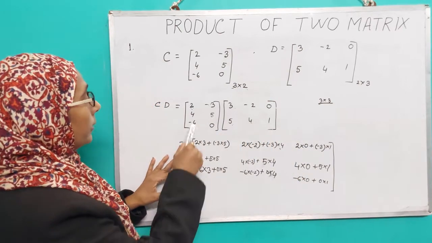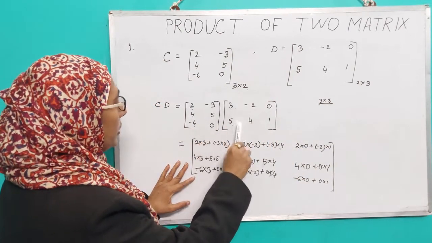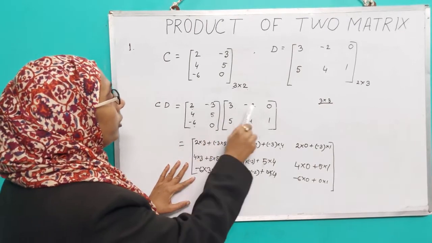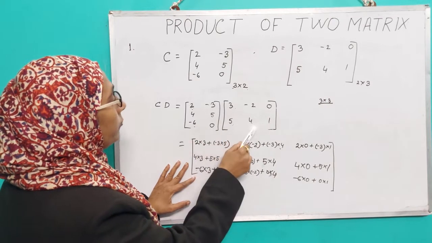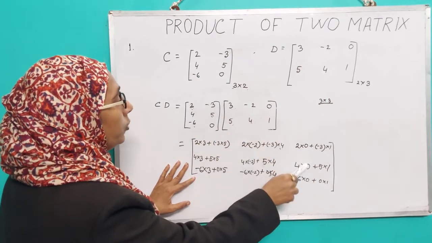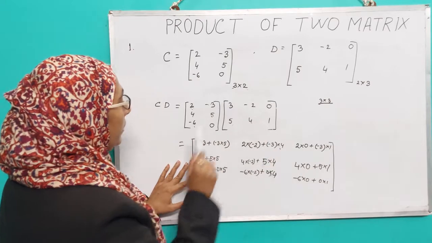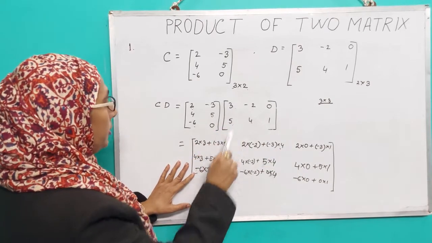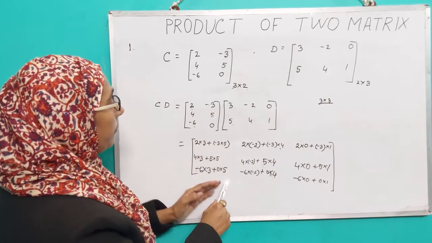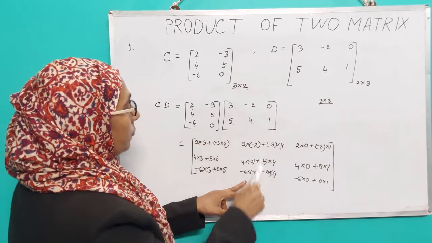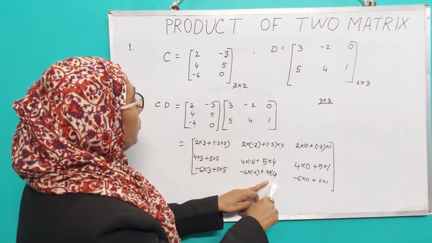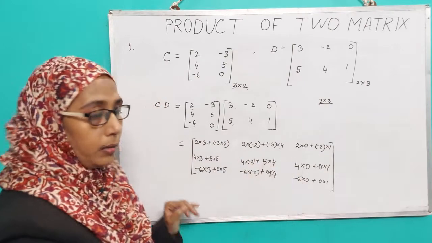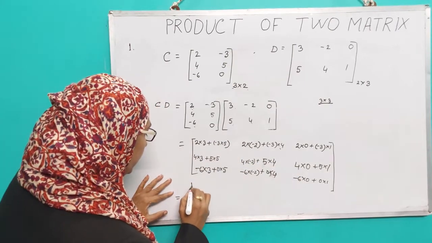Then second row: 4 into 3 plus 5 into 5, 4 into minus 2 plus 5 into 4, next 4 into 0 plus 5 into 1. Then third row: minus 6 into 3 plus 0 into 5, minus 6 into minus 2 plus 0 into 4, then minus 6 into 0 plus 0 into 1, equal to